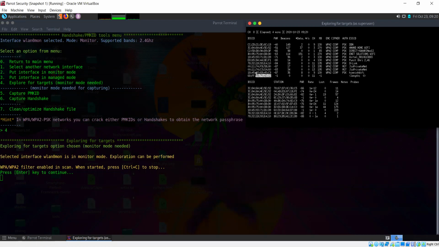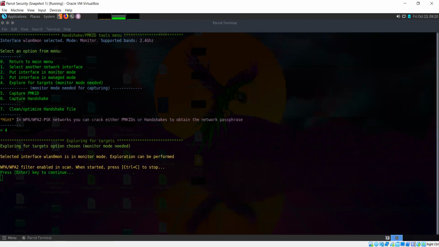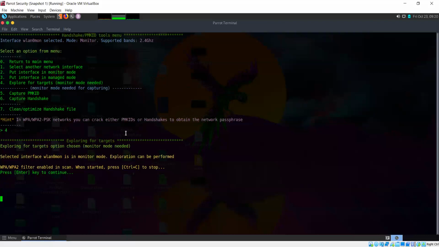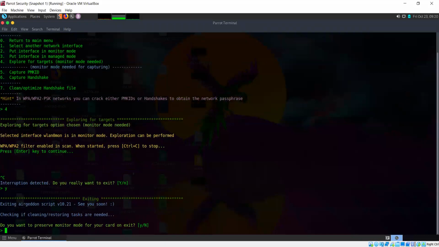I think this much data is enough. This is an SSID that is probably for a network that has this disabled. Okay, where did that window go? I have to restart this process.